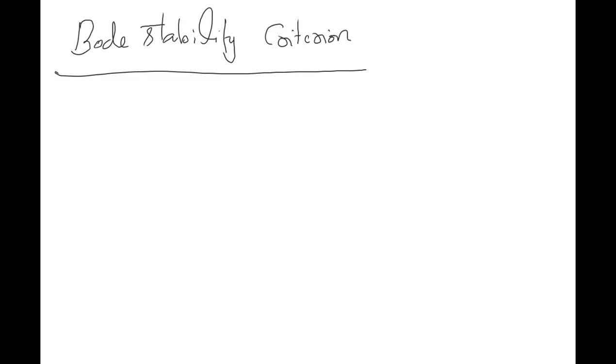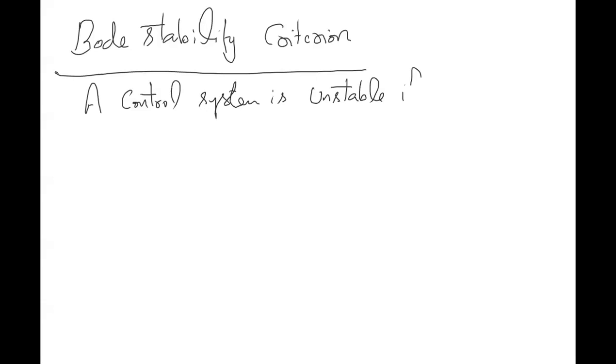So what is the Bode stability criteria? Just write this statement. A control system is unstable if an open loop